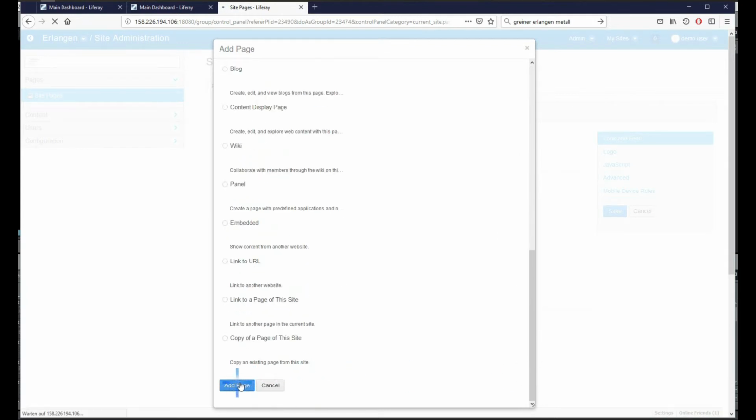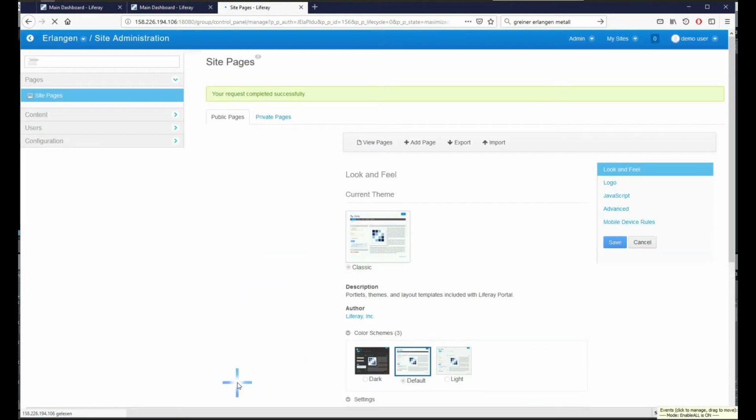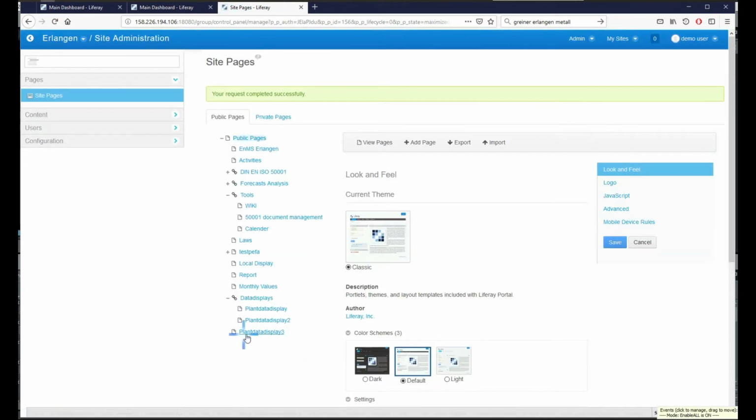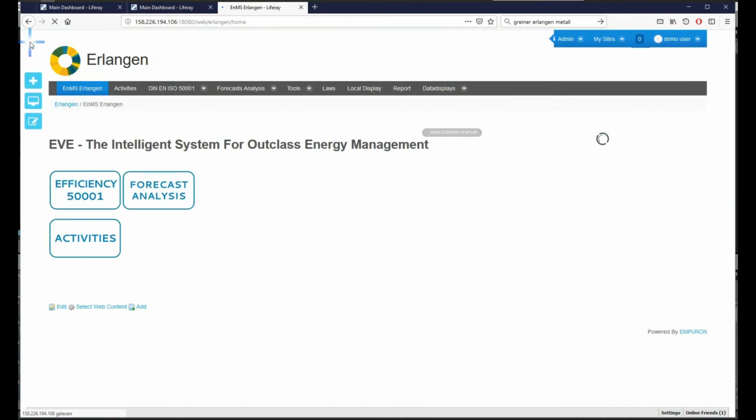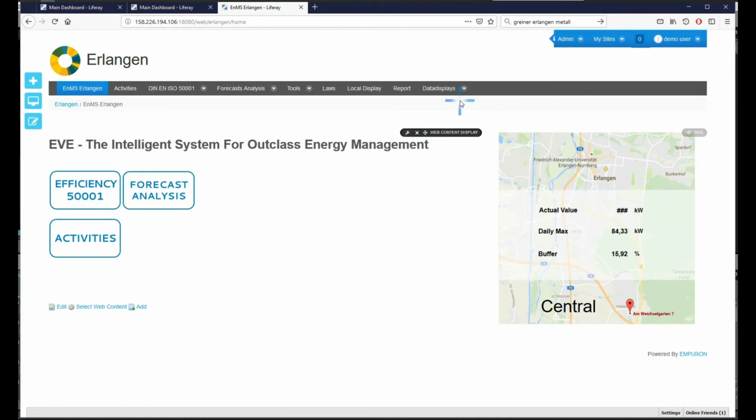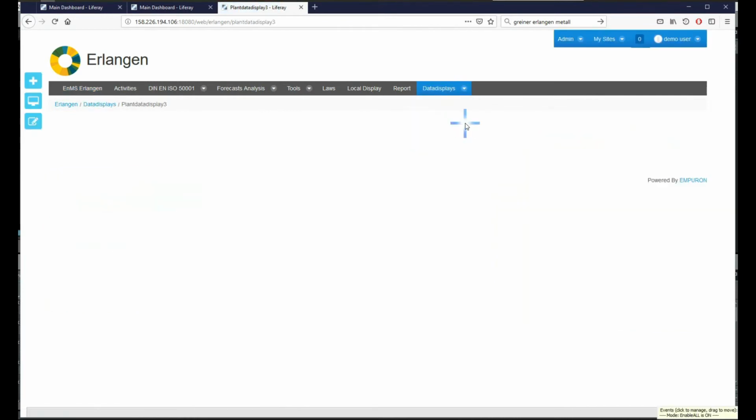Now I activate it. Now I quit with OK, and now I'm changing the content of the menu. I want to arrange the data displays menu to include also data displays 3. Now I'll go back to change the content of the page. Now I'll change to data display 3